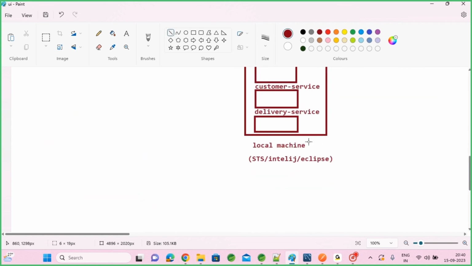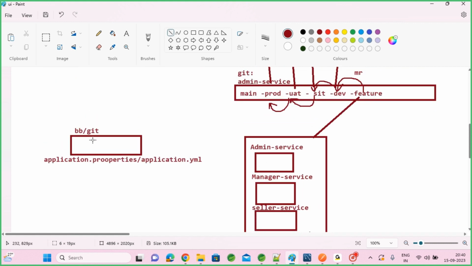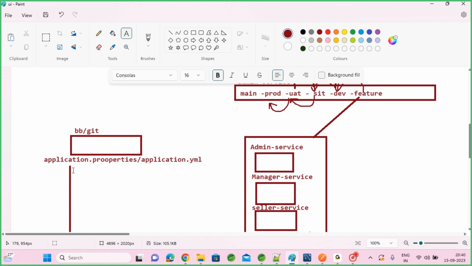Means not only your local configurations, all environment configurations we can do within one YML file or properties file. So here we configure all our properties. Which properties? Anything. Inside this Git project under the application properties file or YML file, here we will be maintaining all environments. Means your local properties, for local your DB configurations,